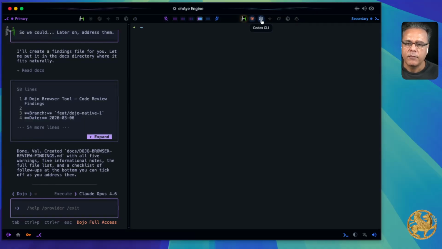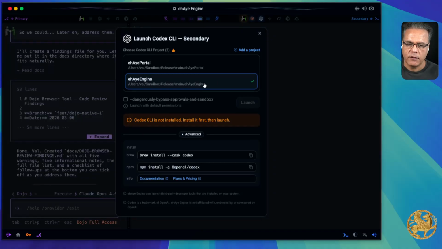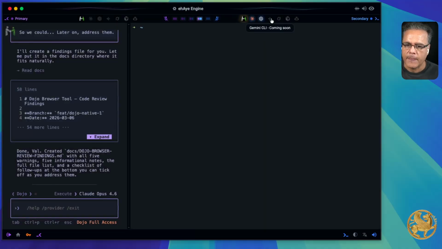All right. Here, Codex CLI is here as well. You just go there. It says, hey, you got to install it first before you launch it. So you just go there and copy, install, and run it. We have Gemini CLI coming soon. We do have support for running Grok CLI, Cursor Agent CLI, and then GitHub Copilot CLI, and many more.